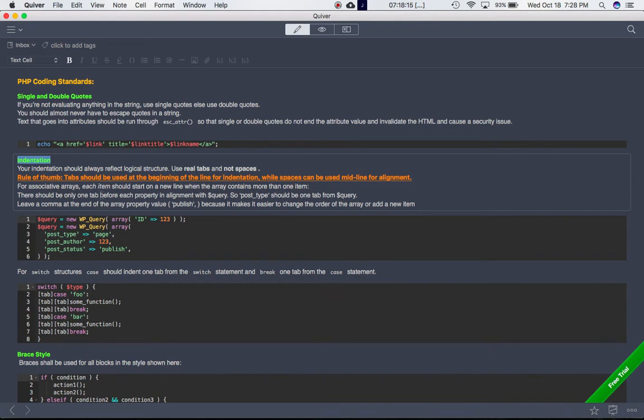All right, so for associative arrays, each item should start on a new line when an array contains more than one item. So in case it only has one item like this, then you don't need to really include it in different lines, but if it does have more than one, then you should include them in separate lines like this. Right,